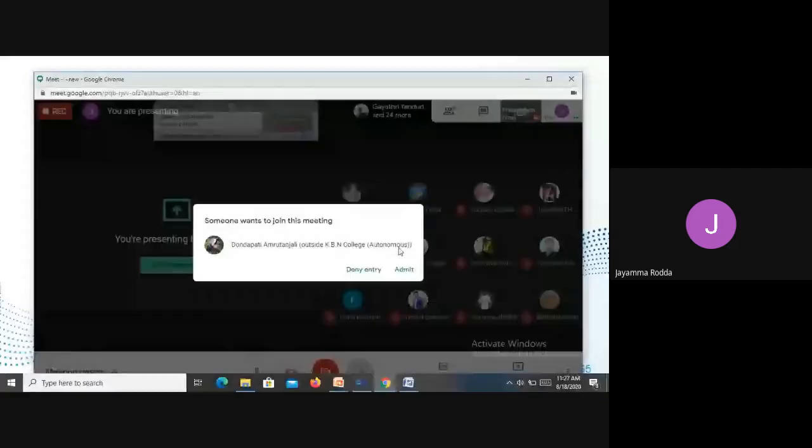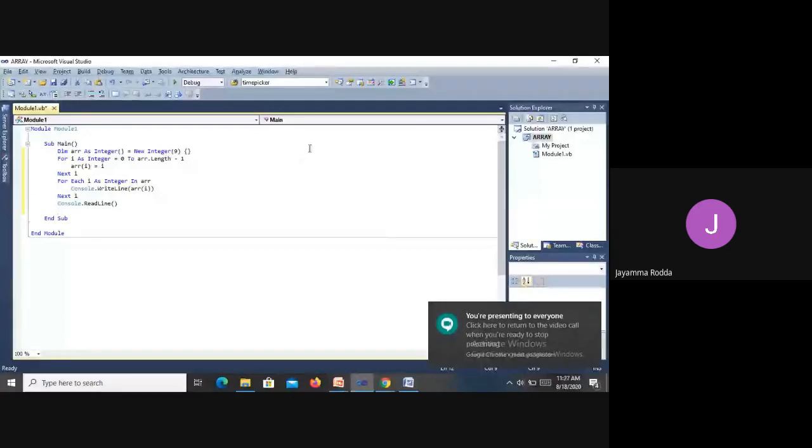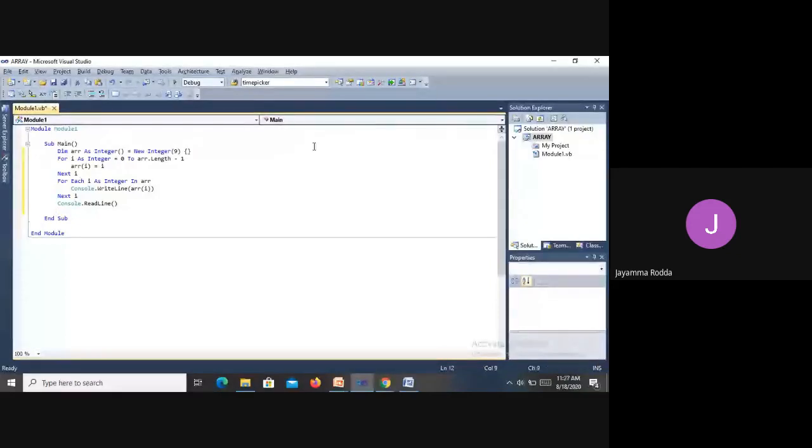Okay, let us get back. So generally, in order to allocate memory, the new keyword is used. So for this particular array variable, it is going to assign 9 locations. Memory is allocated. The opening and closing brackets specify that the values can be given within these brackets. If you do not give anything, it will just leave it blank.